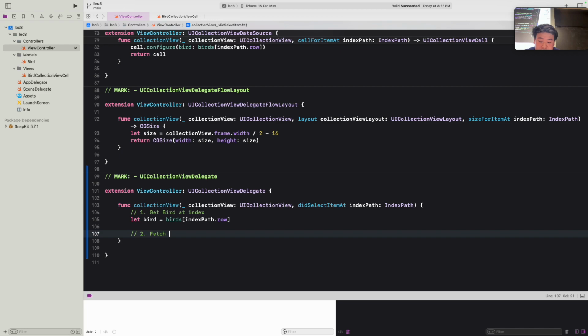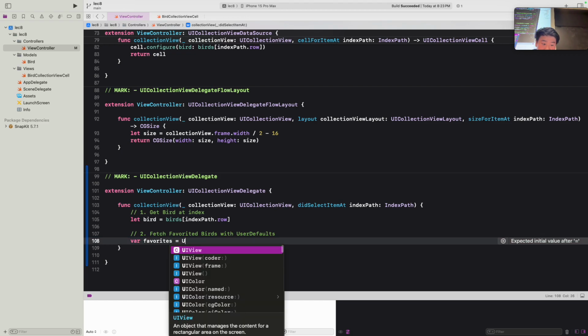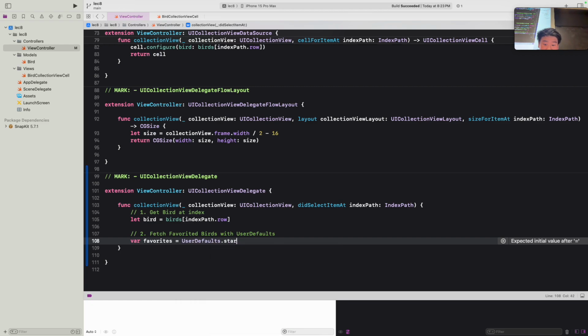So step 2 is fetch favorited birds with UserDefaults. How we can do that is let's define a variable first called favorites, and let's set that equal to something. We'll be directly calling on UserDefaults.standard.